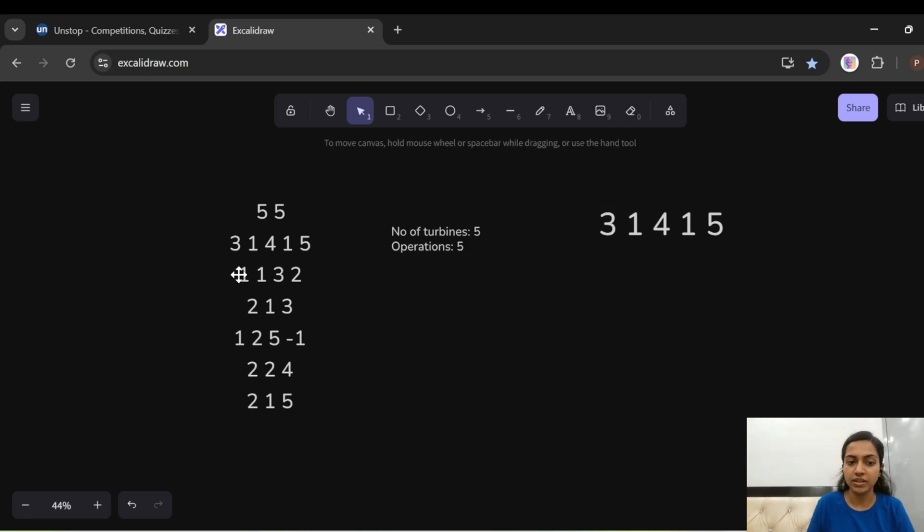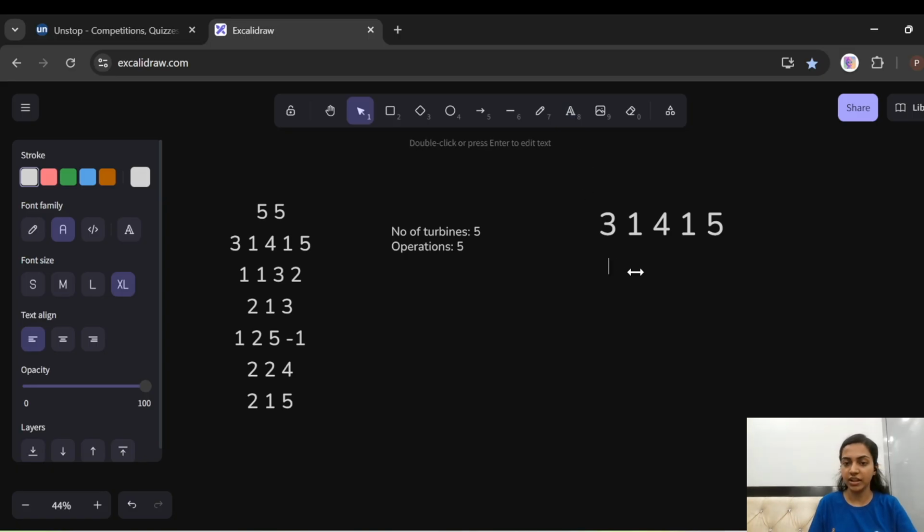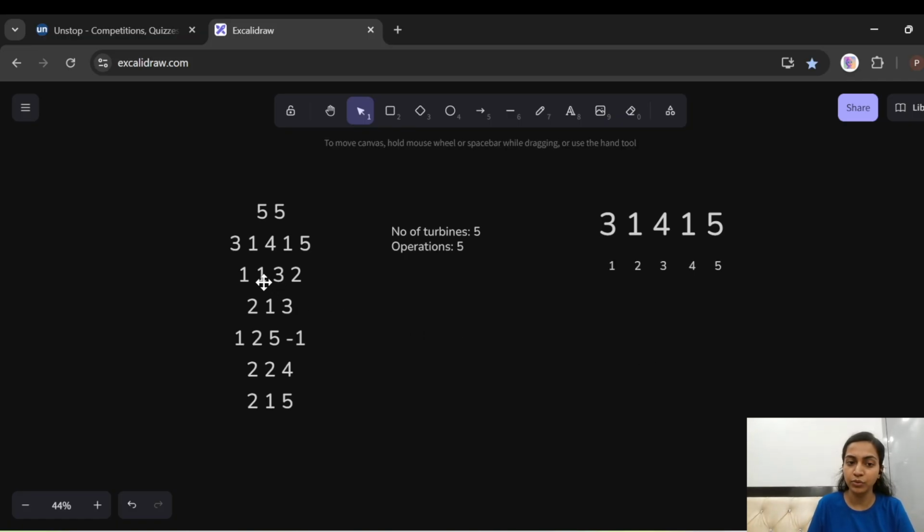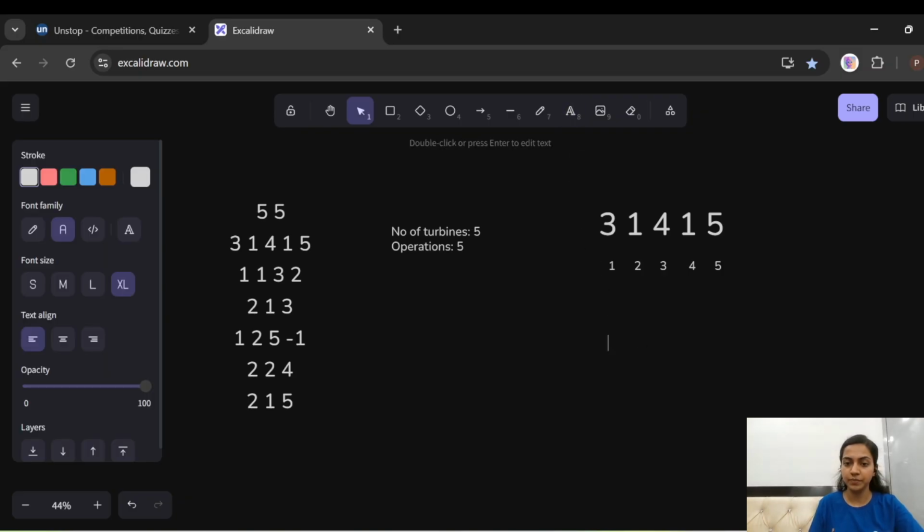Now let's jump to the queries. The first query starts with a 1. That means from the range 1 to 3, we have to add the value 2. Since this is one-based indexing, we'll apply our values accordingly: 1, 2, 3, 4, and 5. So we have to add 2 from position 1 to 3. So 3 plus 2 is 5, then we have 3 and 4, 6. Then 1 and 5 stay as they are.